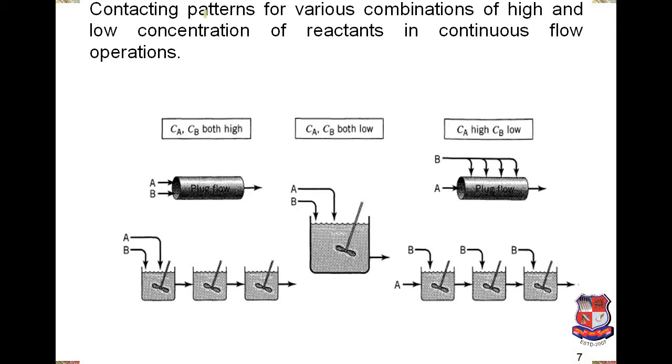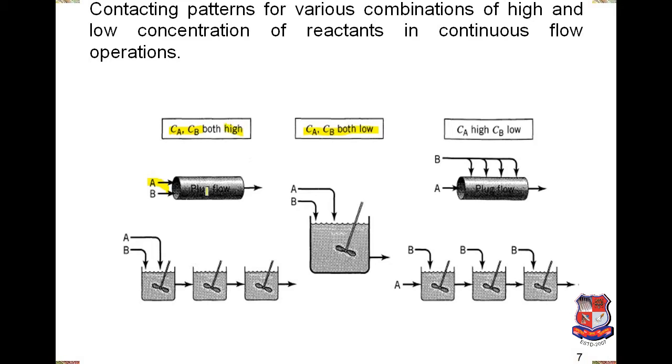So there is one example. It suggests that the contacting pattern of the various configurations are given here. Again, same thing. If we are having a total flow in a plug flow reactor, A and B both are put in simultaneously, so definitely this is a configuration where CA and CB are both high. But if we have multiple CSTRs, again A and B are added together and the concentration gradually decreases. That's what we have learned in the previous chapter, that the tanks-in-series model is equivalent to the PFR. Fine. If we add A and B both together in a CSTR simultaneously, then definitely again this is going to be low CA, low CB value that comes into the picture.